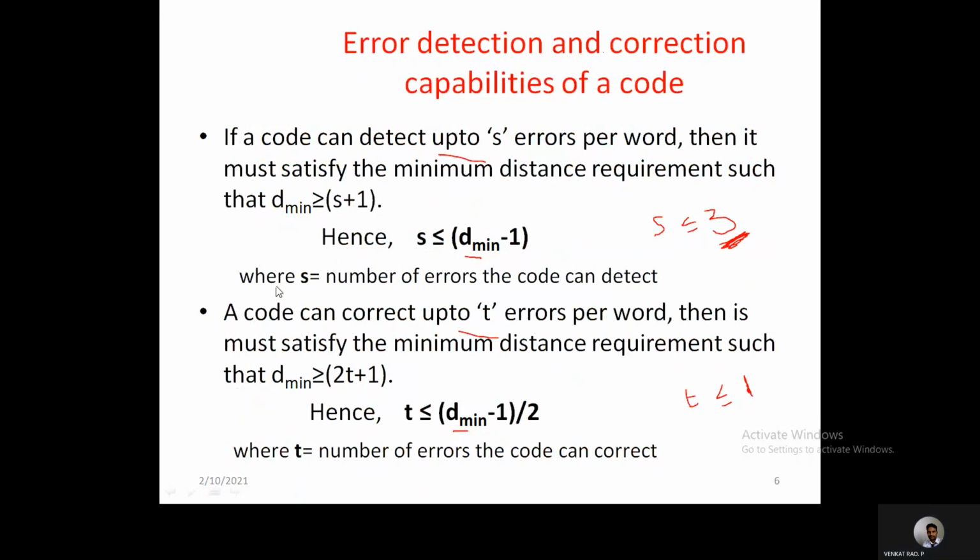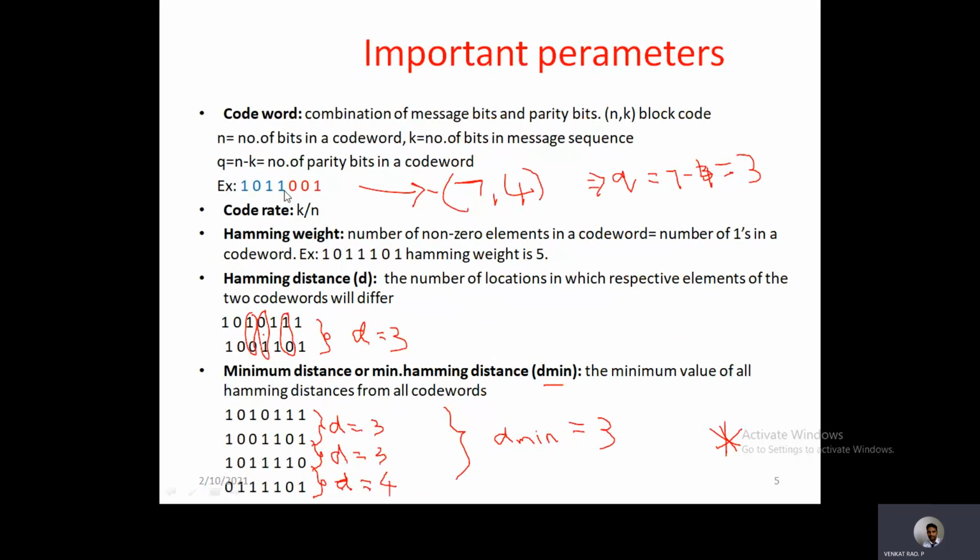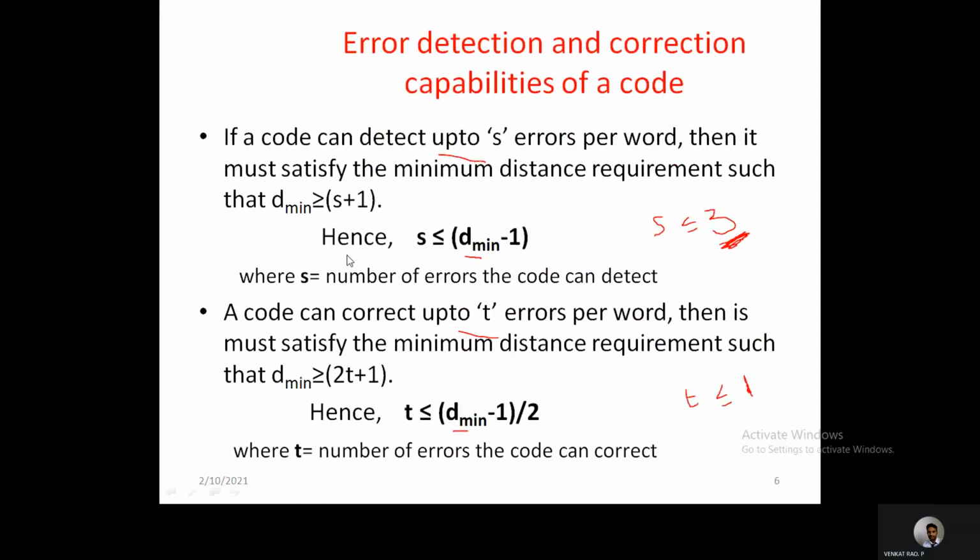For example, if this is a code word, and 3 errors have occurred, so 3 bits are mistakenly received at the receiver side, how do you know whether your implemented code can detect these 3 errors, or only 1 error, or 2 errors? That is identified by these equations: how many errors it can detect and how many errors it can correct.